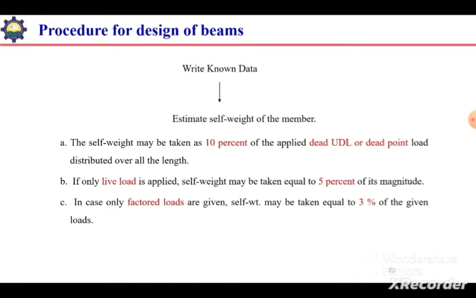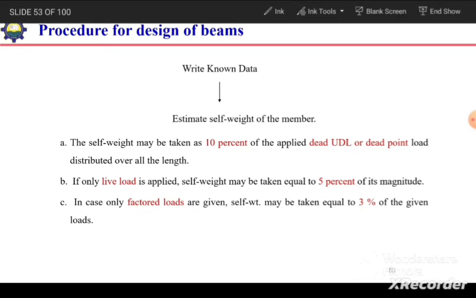In this video, we are going to discuss the procedure for design of steel beams. First of all, we need the known data, for example, the span of the beam and the applied loadings. Once we have the known data, the span and the loading, then we need to estimate the self weight